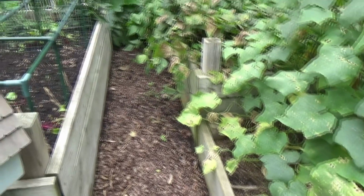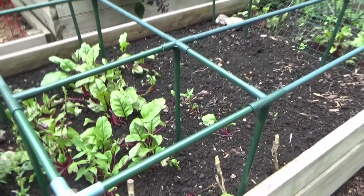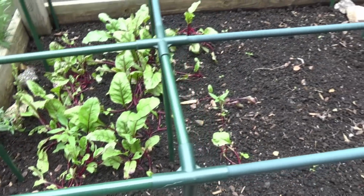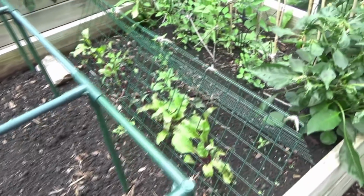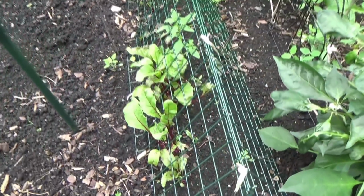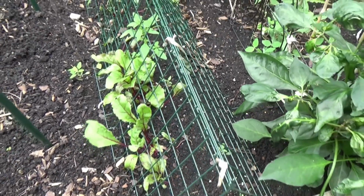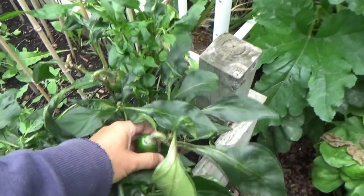I'm very happy. Took off the fleece on here. Hopefully my beets come to something before freeze. They look a little pathetic. Again, I have not been keeping up on the watering. I'm just kind of letting nature run its course. I should give up on my jalapenos though. They're just...